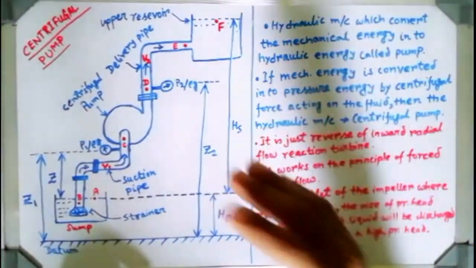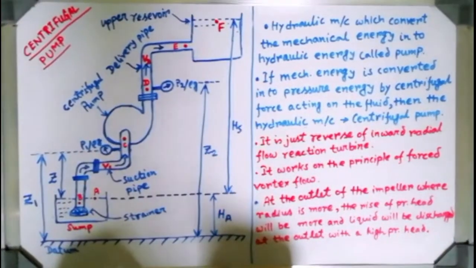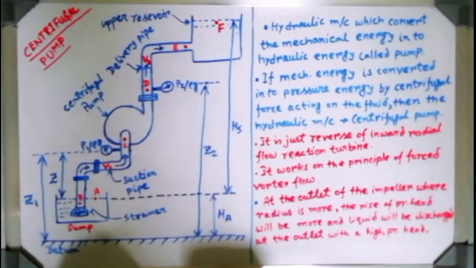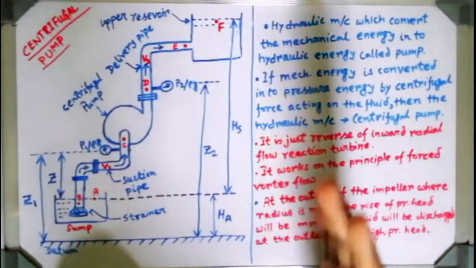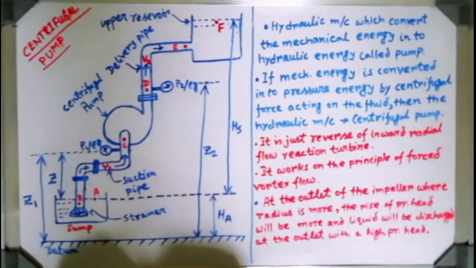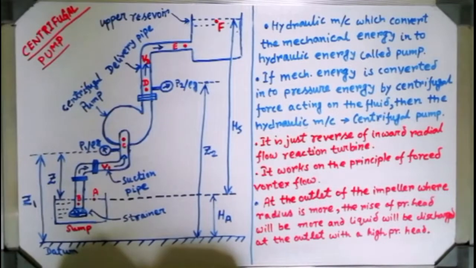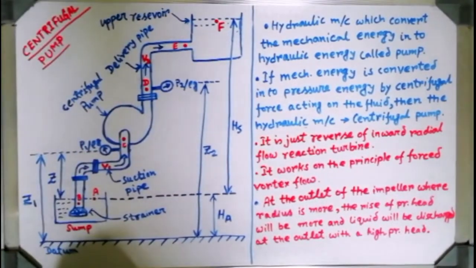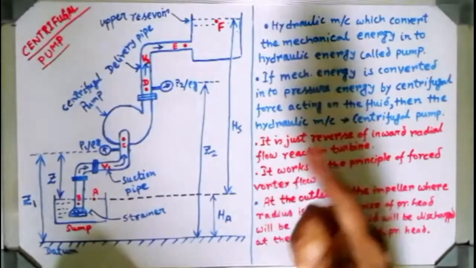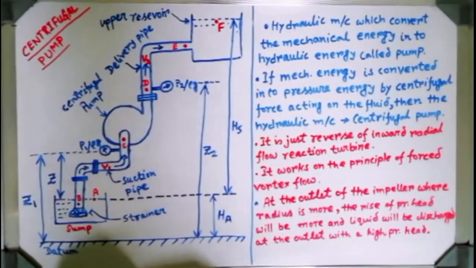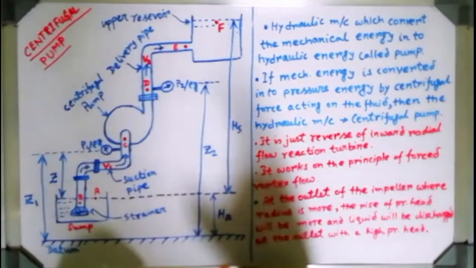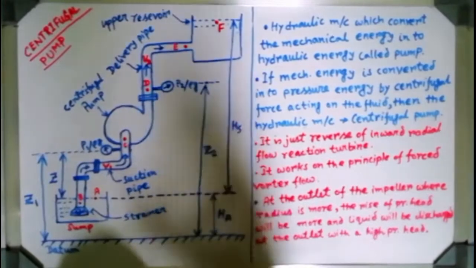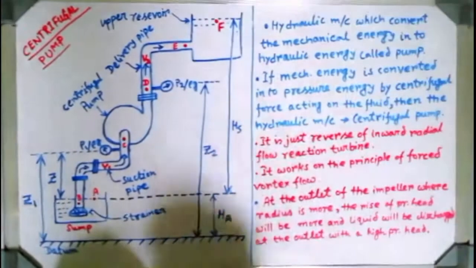Most of the cases in industry, if you use a large size pump, there we use a kind of diesel engine with it. You have seen for irrigation purposes, I think you people have seen, we use some pumps there, and those pumps actually run with the help of a diesel engine. So there the IC engine works like a prime mover. The IC engine rotates or supplies the mechanical energy to the pump.